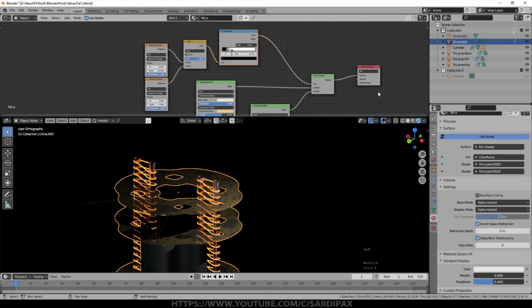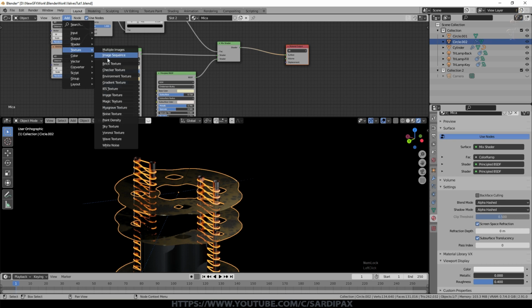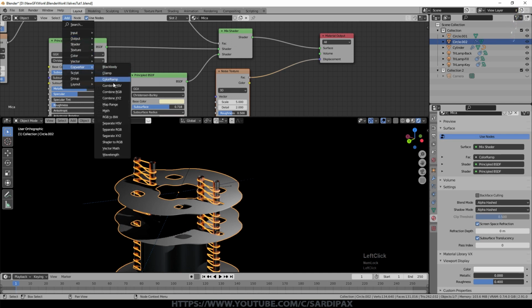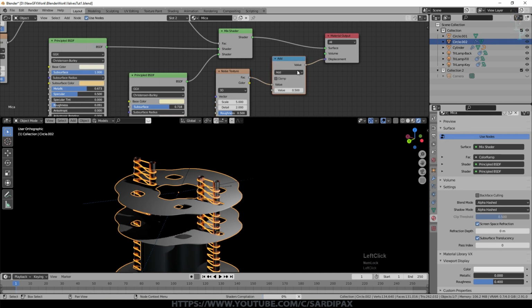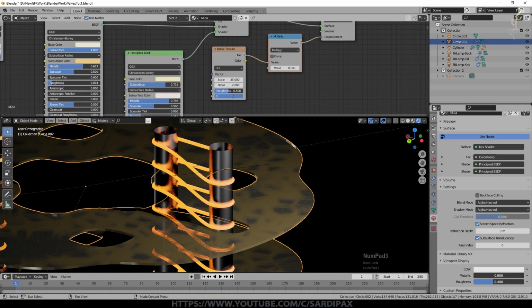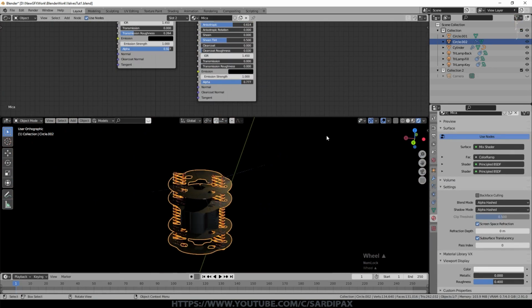And then finally, just to give it a bit more surface texture, I added another texture, which was a noise texture. Take the factor of that and connect it into displacement, but then add under converter a math node, drop that in there, set it to multiply, and I set the value to very low, to 0.001. So it's basically just adding a little random ripple to the surface. And then the scale I set to about 35, and distortion I set to about 3. Probably more transparent than it needs to be at the moment. So you can play around with that, but that's basically the idea.